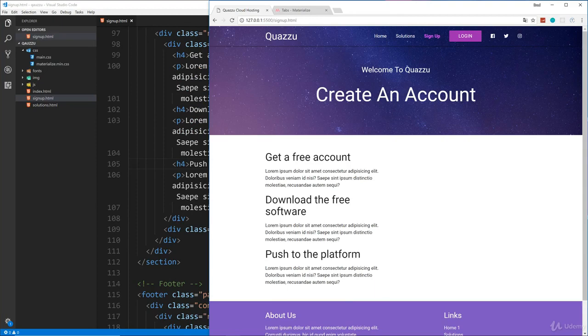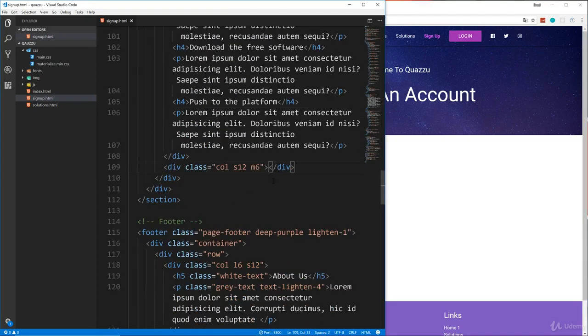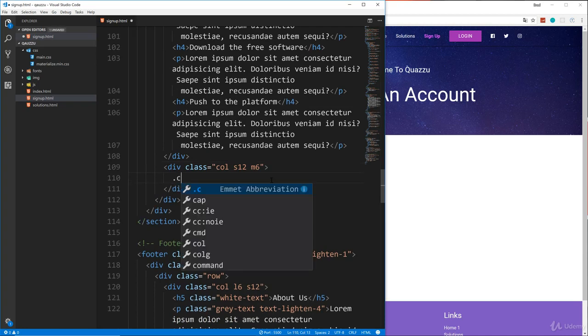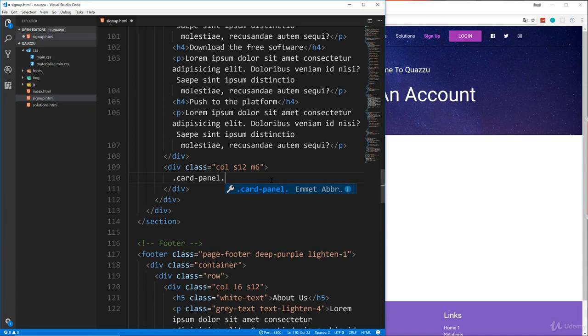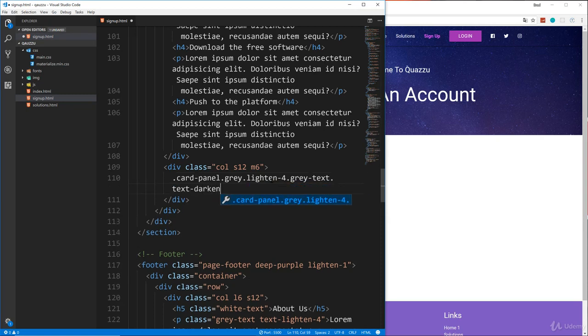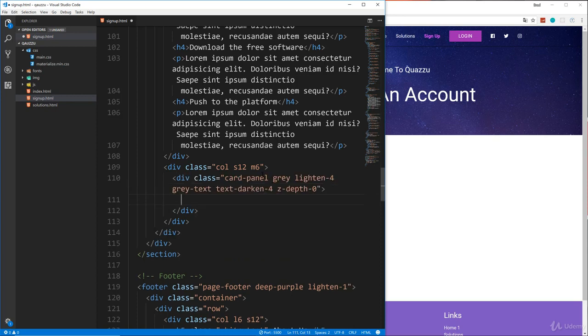So on the other side is where we want our sign up form. So we're going to go into this column, and we're going to use a card panel, and we're going to make it gray. We're going to lighten it up, so lighten 4. We're going to make gray text and darken the text, so text darken 4, and then I'm also going to take away the shadow by adding Z depth 0. Okay, remember we talked about the shadow classes in the sandbox,